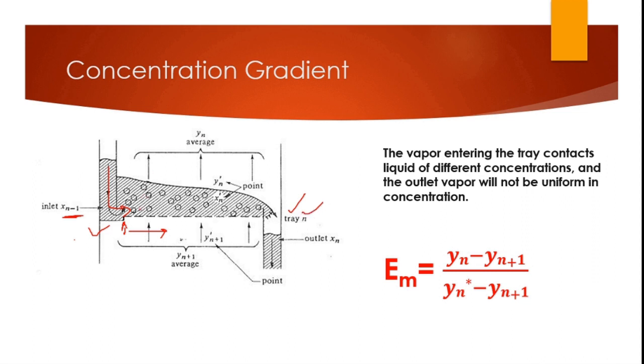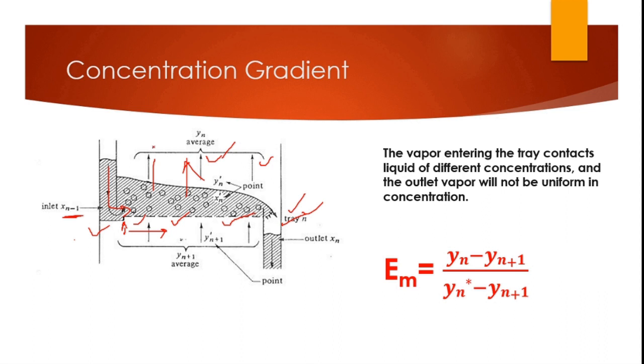Now why does this happen? It is having a high concentration over here, some 0.5, let's say. Whenever a vapor comes over here and meets it, that will strip away some of the volatile component. So let's say it was 0.5 here, and some has been stripped out. Now it is still traveling. Over here it will be 0.4, 0.3, become 0.2. So the volatile component gets stripped away, and that is what we see in the vapor. These are the vapors, so the volatile components are getting stripped away like this.